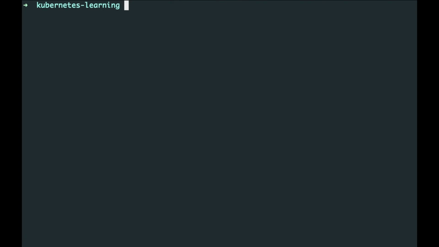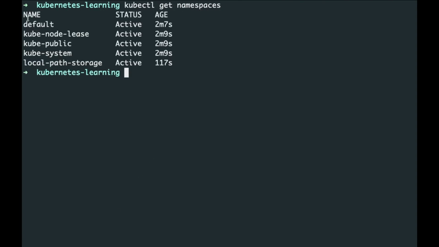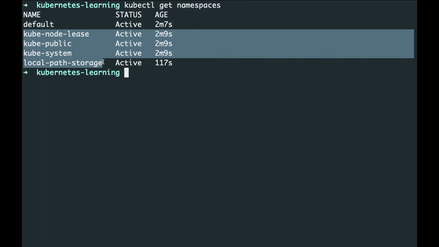If we do not define any namespaces, then we get a default namespace. If you want to see, you can give kubectl get namespaces. Here the namespace default is ours, and the other namespaces are related to Kubernetes itself.